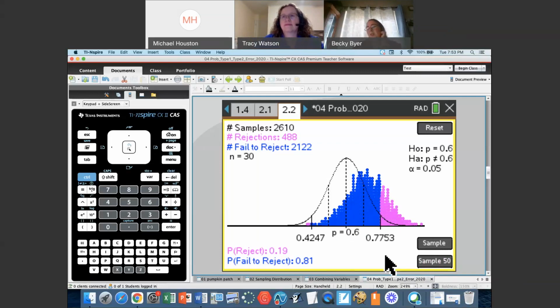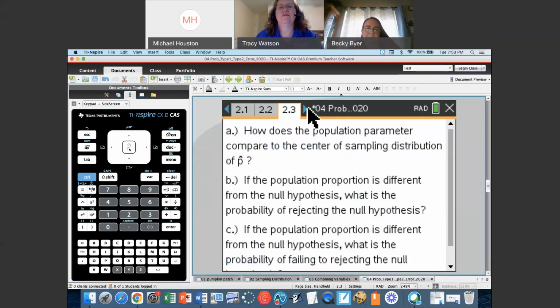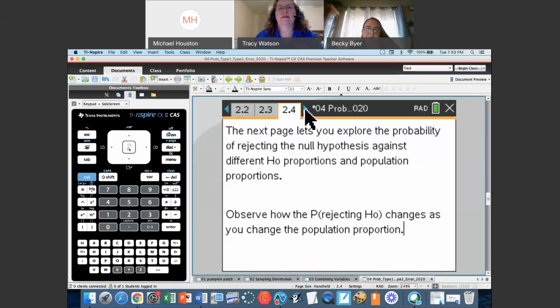Okay, so from here, it might be nice if Tracy could change the sample size or change her actual population. So if you go to the next page, or it could be 2 pages over, 3 pages.